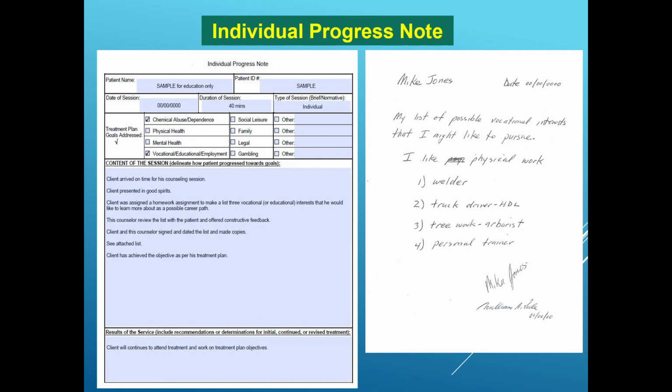So what do you want to do? Make a list of three things you would like to do. And he'll say, well, I don't know what I want to do. Okay, let's come up with one. Mike, just come up with one thing that you would like to do. Anything. Dream job. Anything's on the table. And let him say, I want to be an astronaut. I want to be an airline pilot. I want to be a race car driver. Whatever it is, let him come up with something.